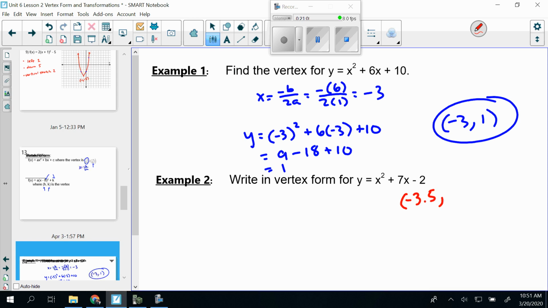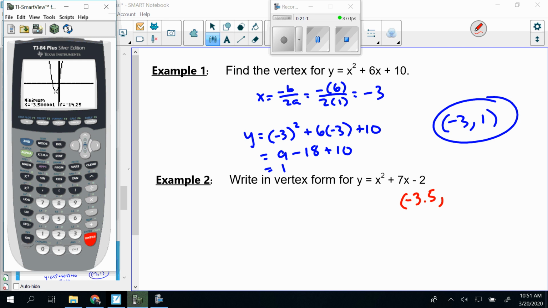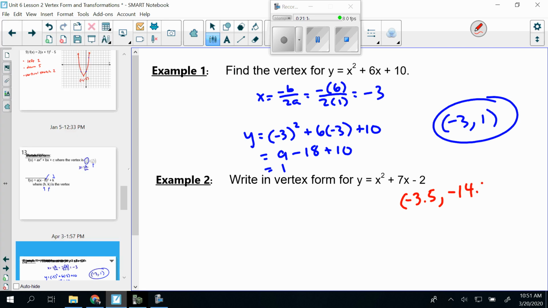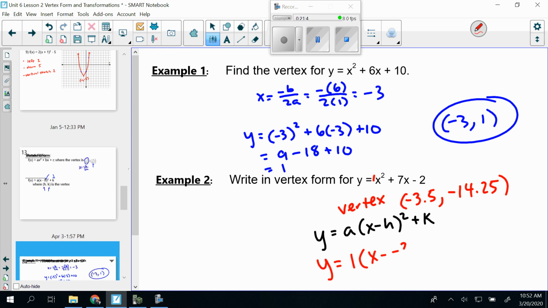And the y value there was negative 14.25. So that's the vertex, and if we want to write this in vertex form again, the equation we had, a times x minus h squared plus k, where (h, k) is the vertex. A, remember, is the same a value you got here. Looks like our a value is 1, and so the equation would be 1 times x minus negative 3.5 squared plus negative